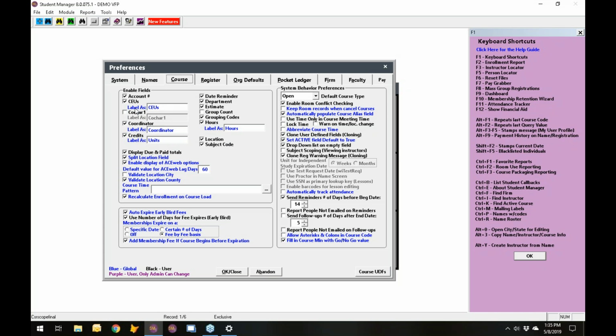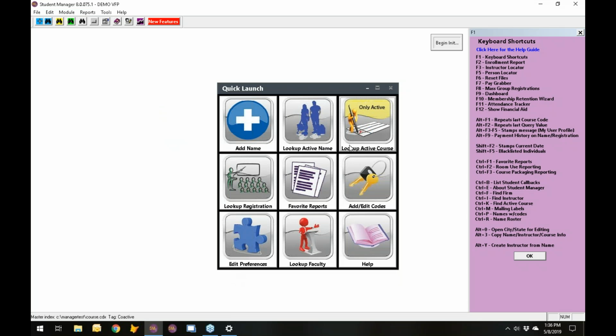But then in the process of doing that, I've also set it so that CEUs, credits, and hours can be labeled other things. So maybe your organization doesn't do credits, you guys do units. You can relabel credits to be units and use that instead. So that way when you pull up a course,